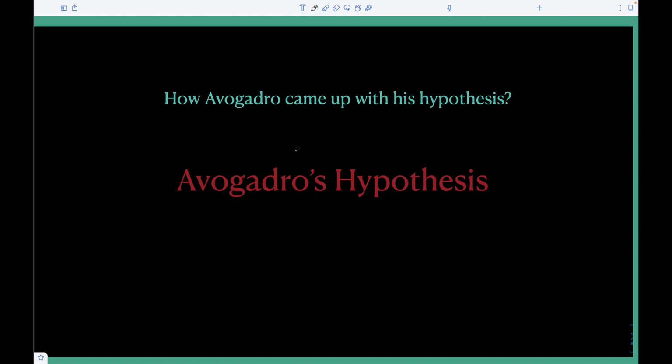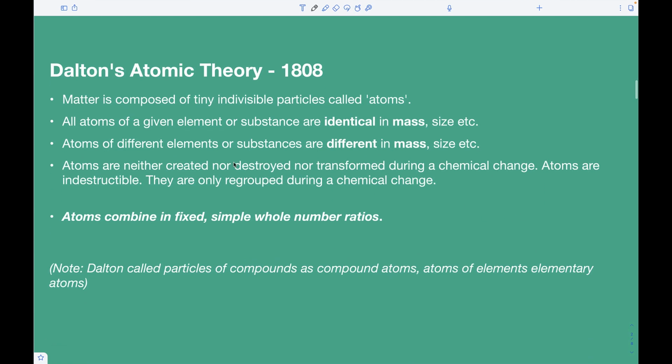Friends, in this video, let us see how Avogadro came up with his hypothesis way back in 1811. In the year 1808, John Dalton came up with his famous atomic theory. And of all the postulates of this theory, this last one is particularly interesting because there was no basis for